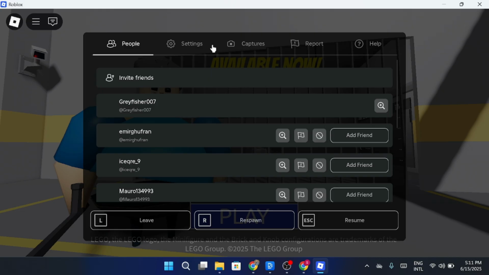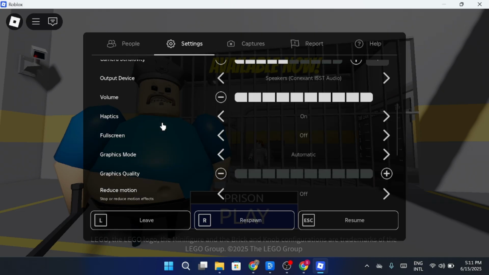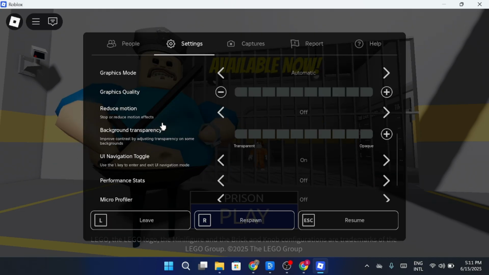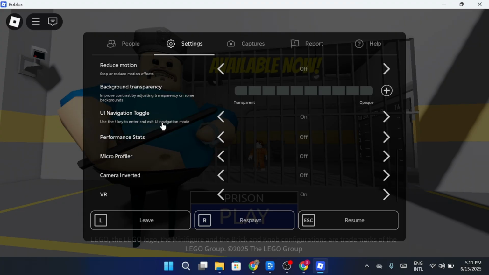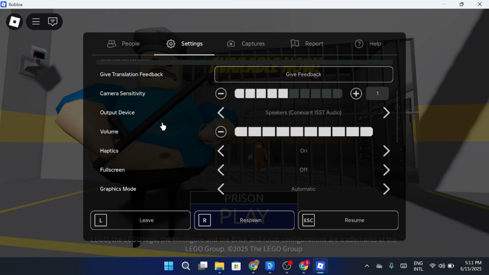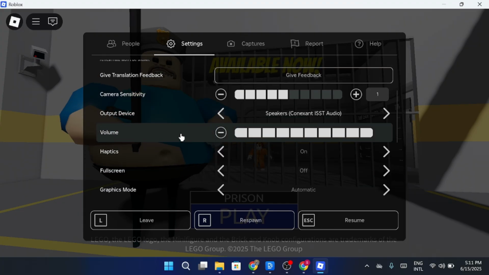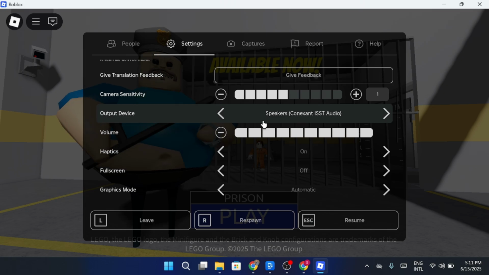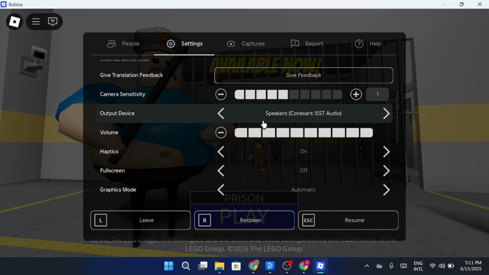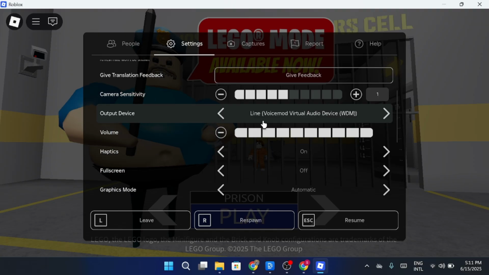Go to settings. Scroll down to the voice input option. Switch your input to voice mod virtual microphone. Make sure your account is verified as 13+, because voice chat only works for users above that age. And that's it. Now, every time you press your chosen key, your sound will play through the mic inside the